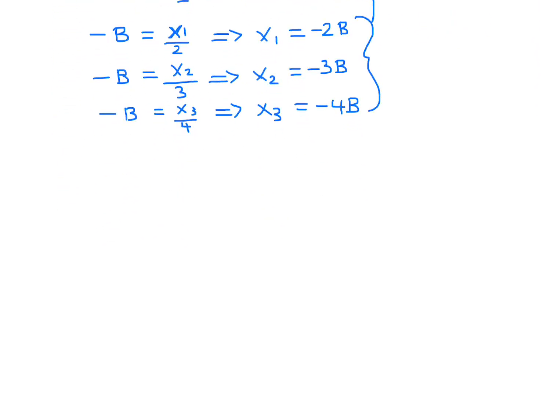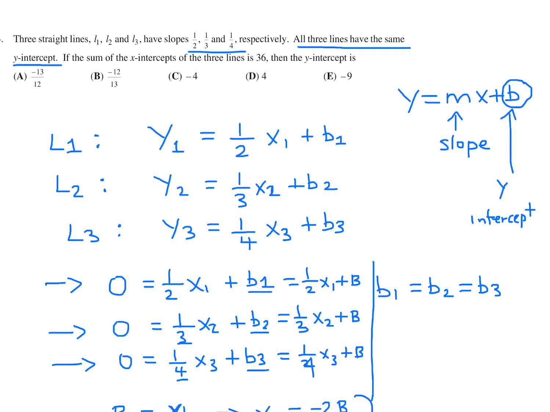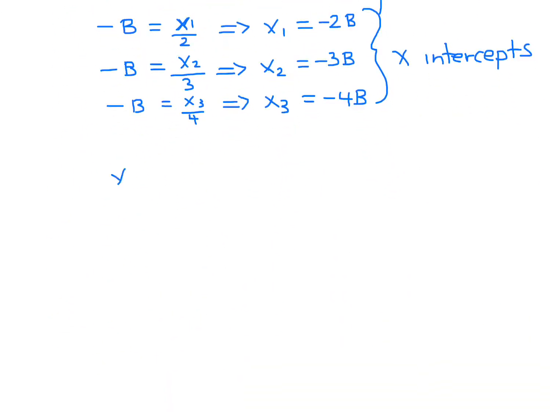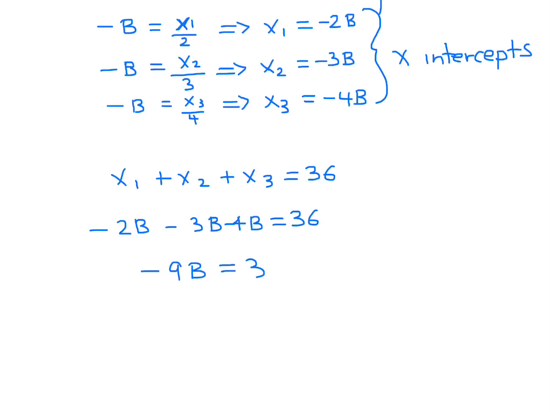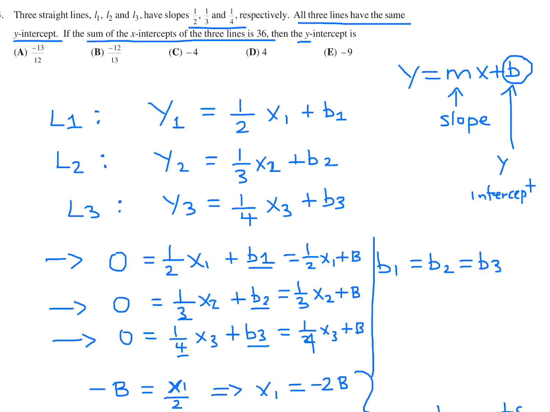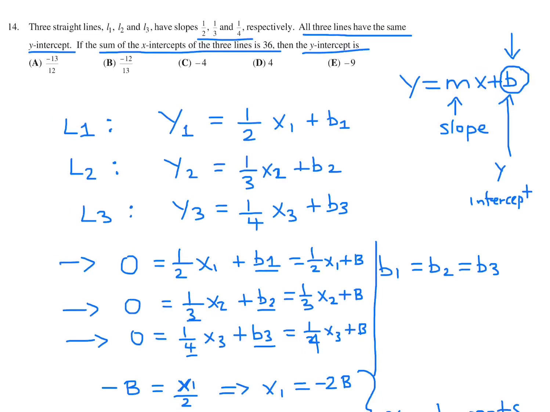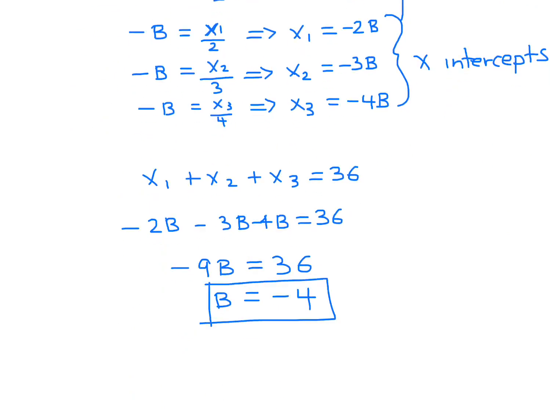Now, these are our x-intercepts. And the question tells us that the sum of the x-intercepts is 36. So that means that x1 plus x2 plus x3 is 36. Now we can plug in the values in terms of b to solve for b. And minus 2, minus 3, minus 4 is minus 9. So minus 9b equals 36, and therefore b is equal to negative 4. Now, what is the question asking us at the very end? What is the y-intercept? Well, the y-intercept, if you recall, is this guy, b, and for us, b is equal to negative 4. So the answer for this would be